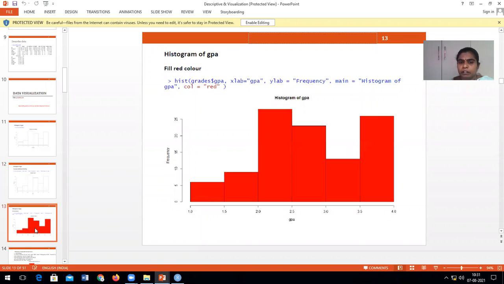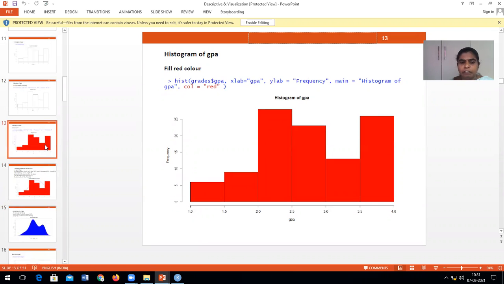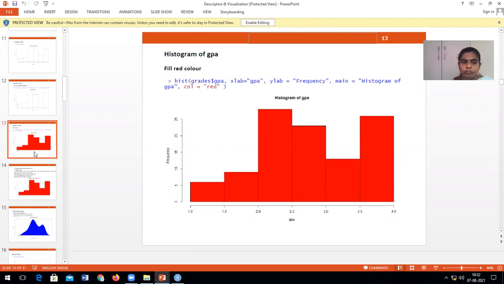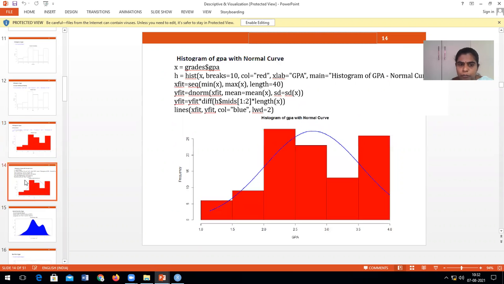And then moving on to the color attribute, this also we have tried. We tried giving a single color, and we tried giving variants also. Now the next thing is, suppose this is my histogram and I just want to see a fitting curve on my histogram. If that is possible, which one can I use? We know how to plot a histogram, and apart from the histogram, I want to plot the curve fitting line over it. How can that be done? For that, we have another function called lines. So first we will check this function lines.